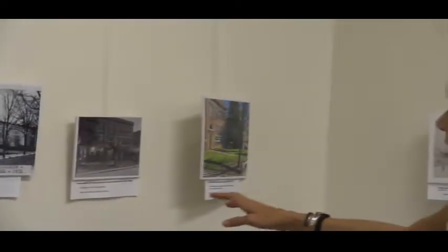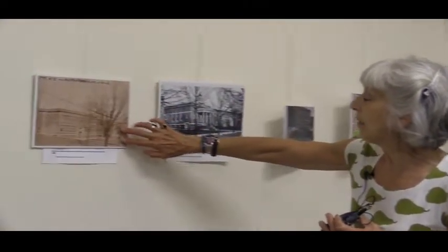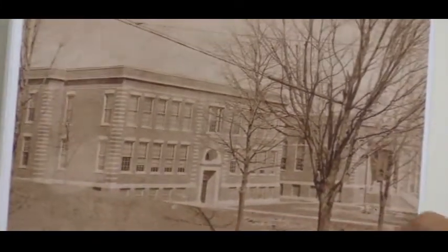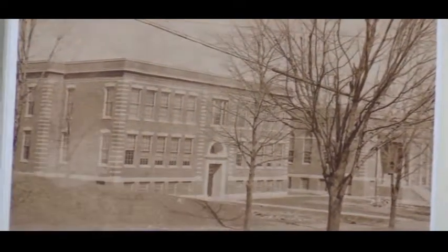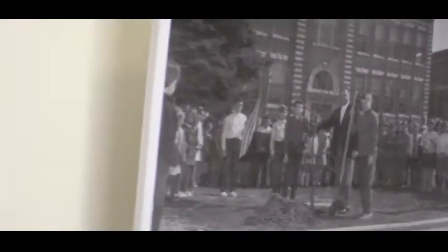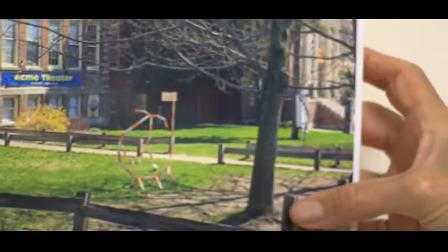And this is a series of 4 photos of what is now Art Space Maynard and the Acme Theater, once the junior high school in Maynard. When it was erected, there were some trees on the street, and plantings were done of evergreens. And this is actually a photo from the 1960s, an Arbor Day planting in front of the building. And unfortunately, we've determined that the tree that was planted that year was a Norway maple, and it still stands